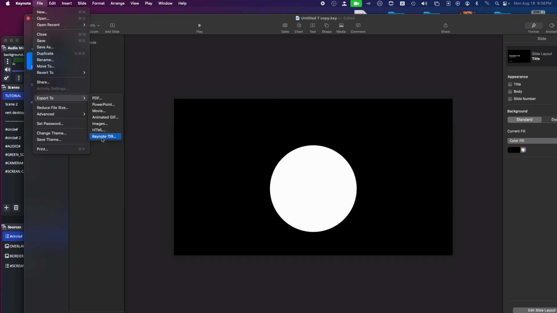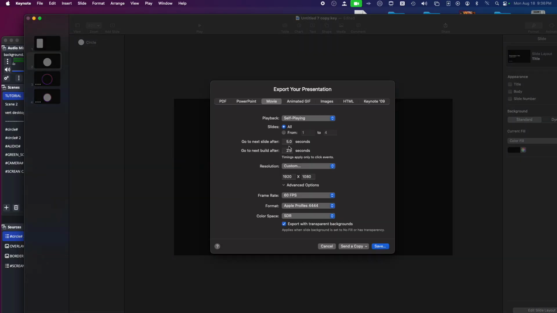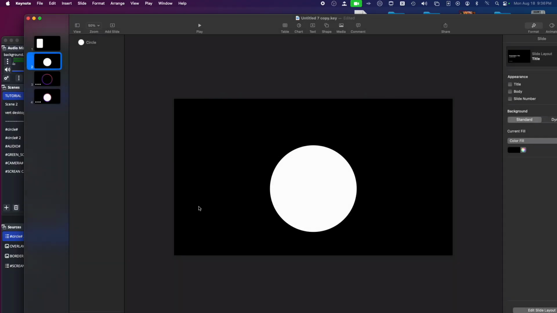Once you export as a movie, you select 1920 by 1080p, and ProRes 4444. Press save, save it as a file you can remember, and then after that,